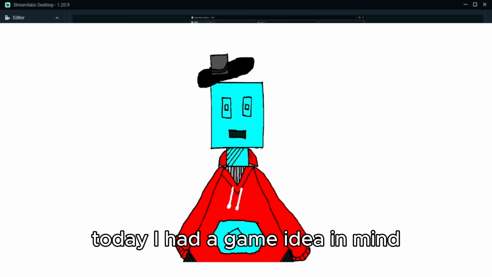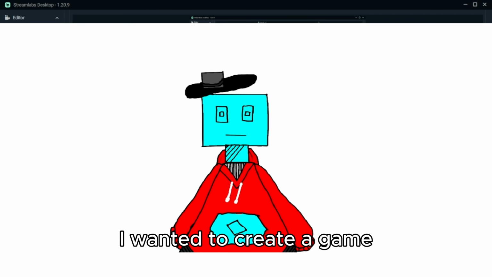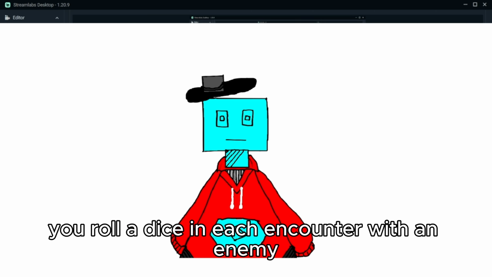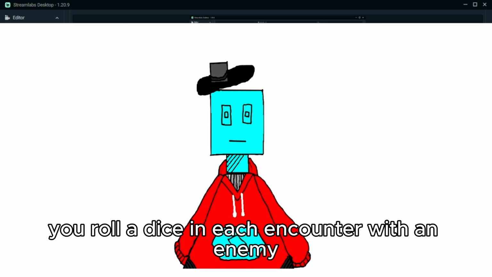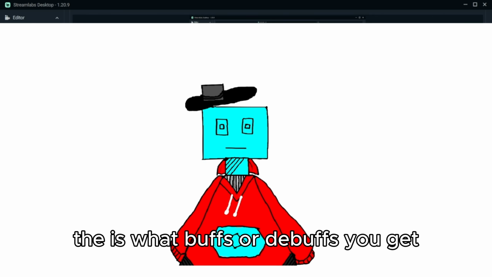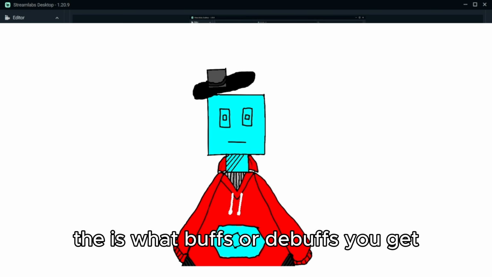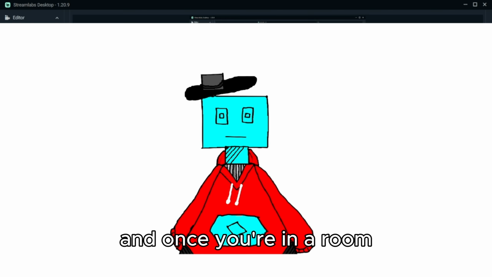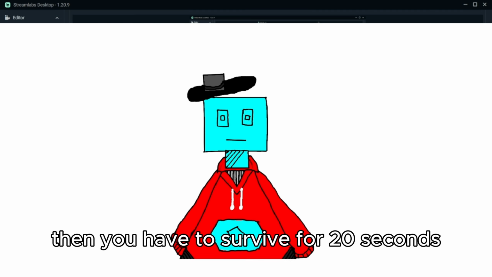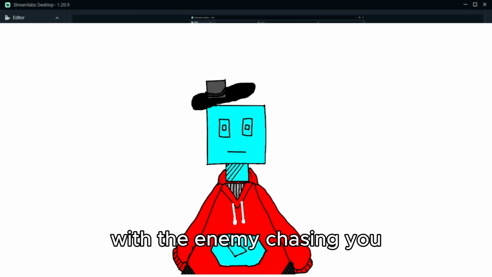Today I had a game idea in mind. I wanted to create a game. The idea was simple. You roll a dice in each encounter with an enemy. Depending on the roll is what buffs or debuffs you get. And once you're in a room, then you have to survive for 20 seconds with the enemy chasing you using